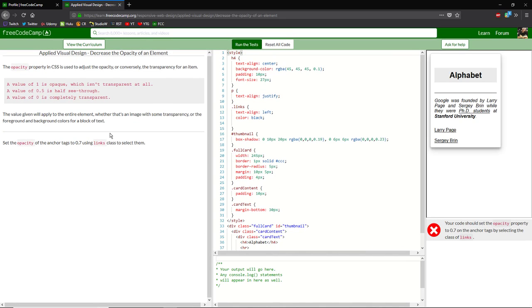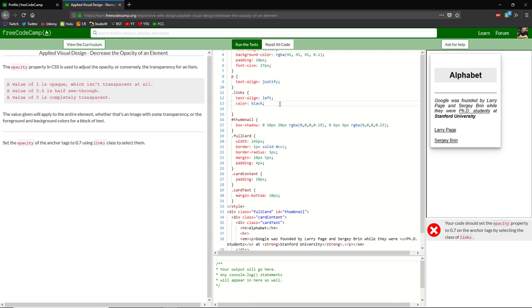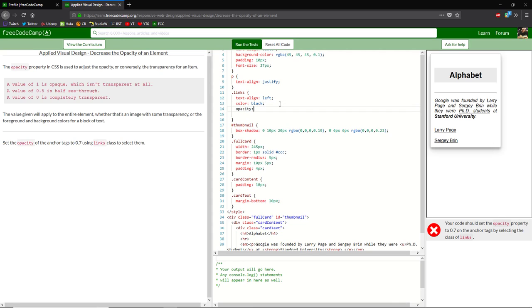The opacity property in CSS is used to adjust the opacity or conversely the transparency for an item. A value of 1 is opaque, which isn't transparent at all. A value of 0.5 is half see-through. A value of 0 is completely transparent. The value given will apply to the entire element, whether that's an image with some transparency or the foreground and background colors for a block of text. Set the opacity of the anchor tags to 0.7 using links class to select them. Alright, so